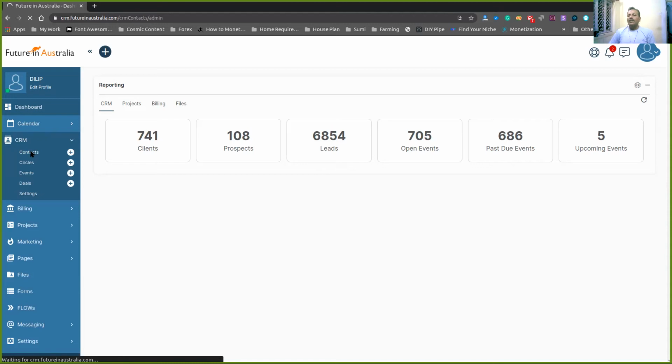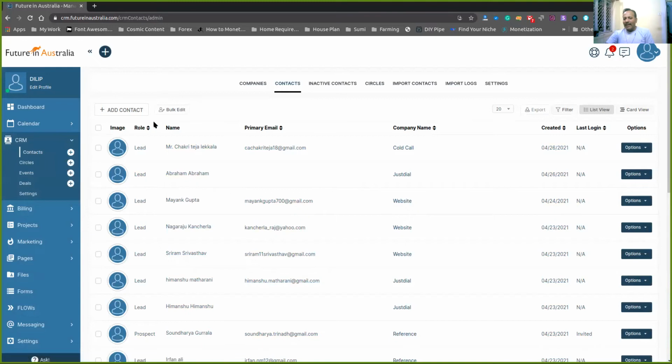Once you get into the contact, you will find a long list, a huge list of contacts. After the list is open, you can add a contact. Now you may ask me that I was speaking about lead a moment ago, and here it is mentioned as a contact. Every contact has three phases: lead, then prospect, and then client, which we can see at a later stage. So now, you can click on this contact, and then click on add contact.